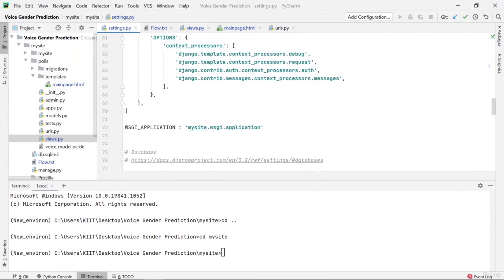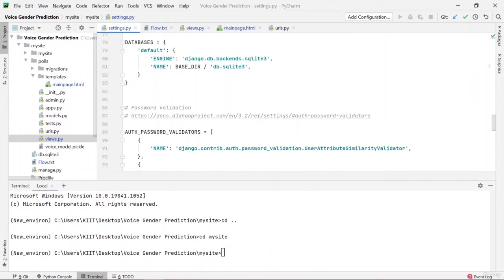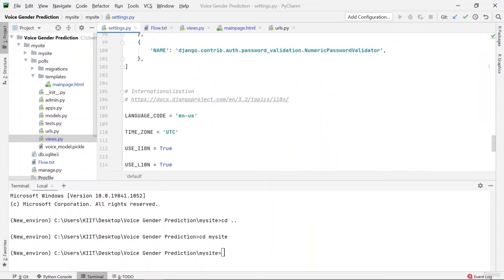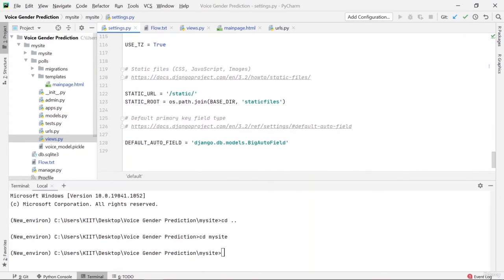Again, this is where you set up the database that is going to be attached to your web application, and it already gives you an option of SQLite3, so Django is already capable of using SQLite3 within itself. You don't have to download anything else for this. But if you're using a database like Postgres or such, then you have to specify it inside here.